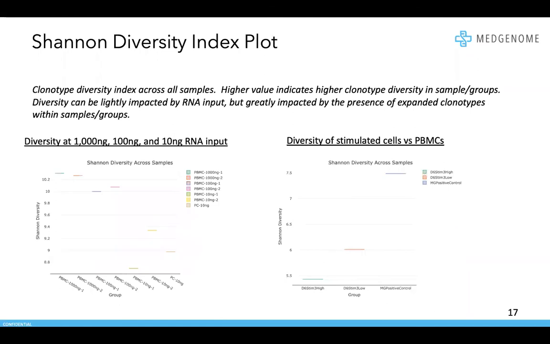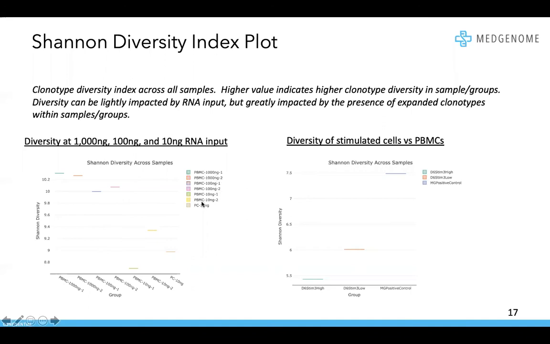And then the next figure I wanted to show is this Shannon diversity index plot. These plots will show you relative diversity of the clonotypes found in your samples. I have a couple of examples here. The example on the left is more of a technical example. This project was done with